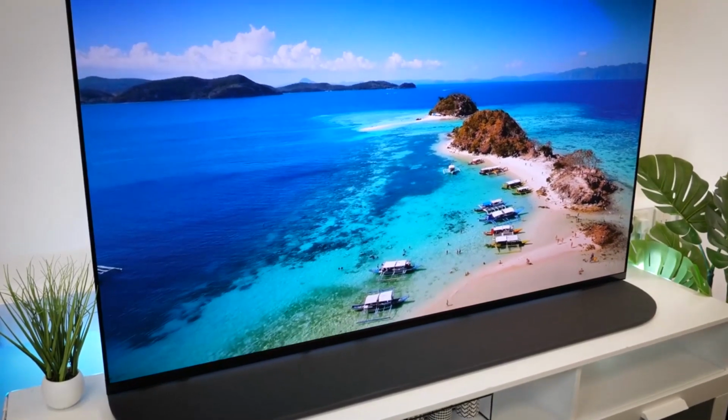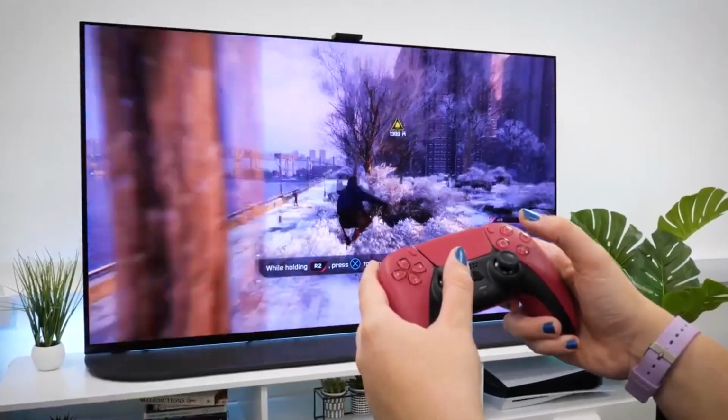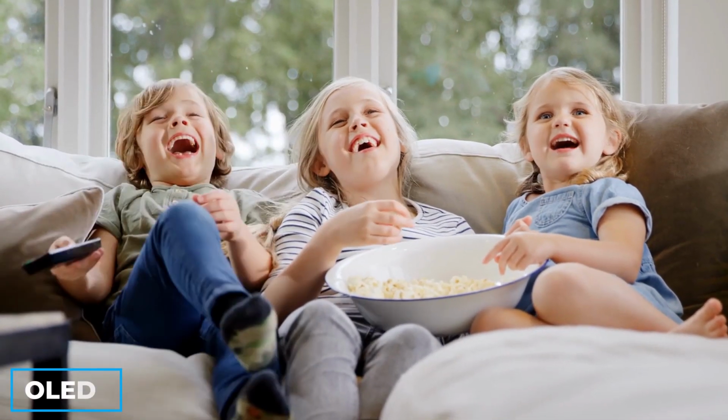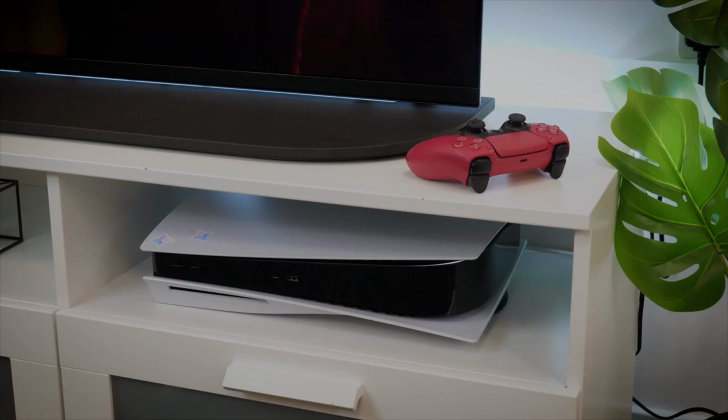Sony's goal with its TV lineup is to increase the performance bar by combining the enhanced color capabilities of quantum dot with the infinite contrast of OLED. Is that it for Sony A95K? A95K is the first of its kind to harbor